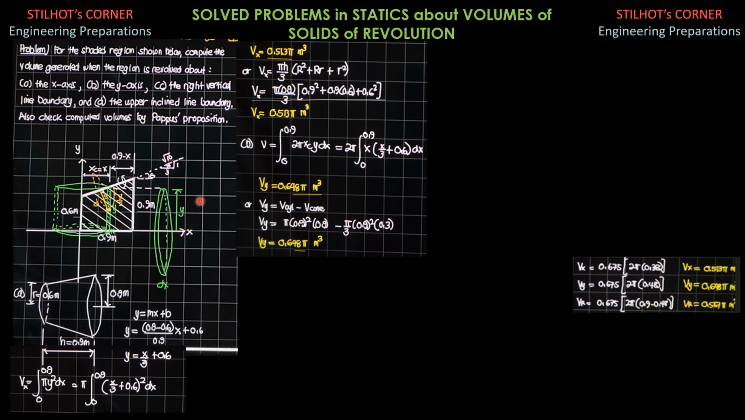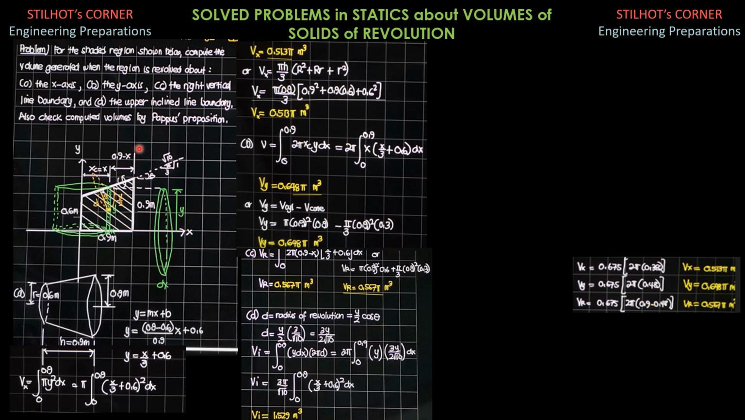That's the anticipated shape. But by integration, it is the integral of the volume of the cylindrical shell, 2 pi times the radius of the cylindrical shell, which is 0.9 minus x. So this radius is 0.9 minus x. The height is still y and the thickness is dx. So by integration, V sub r, I call that V sub r, when the region is revolved about this right vertical boundary, equals 2 pi times the radius of revolution, 0.9 minus x. Then the height is x over 3